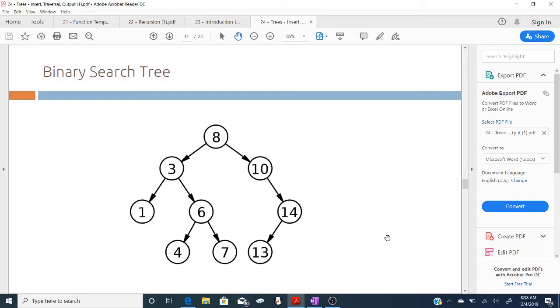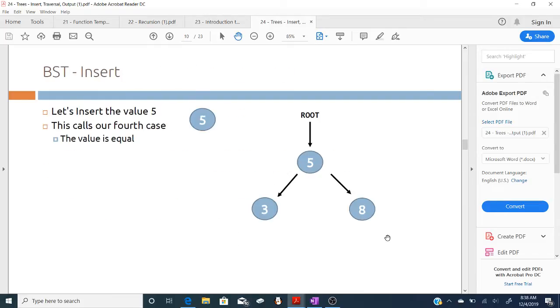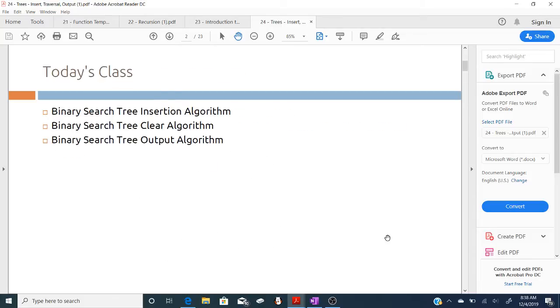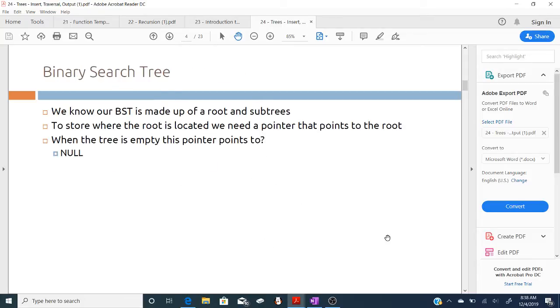Right. So, just like in our linked list, we're going to make our trees class-based. So we're going to have a BST node, which you created on Monday. And then you're going to have a BS tree, which you're creating today, and we'll continue to use on Monday's lecture. And so, when we think of this class,